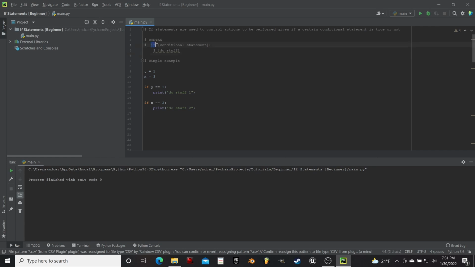So the syntax would be the keyword if followed by some kind of a conditional statement that you want to test if it's true or false. And again, this has to be evaluated to some kind of a boolean of true or false. And then it'll end with a colon to indicate the end of your if statement. Underneath the if statement, you would indent and then write whatever code you want it to perform